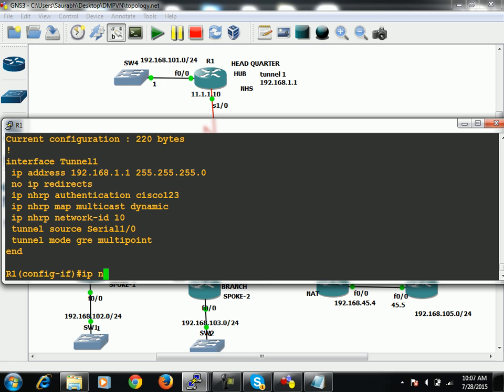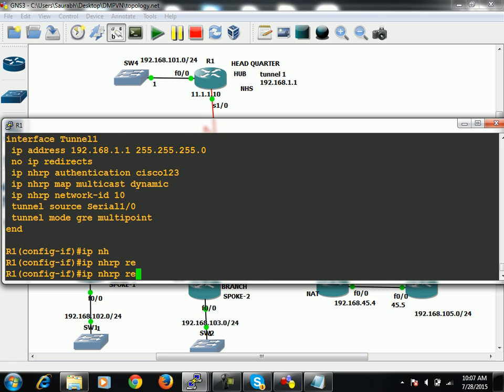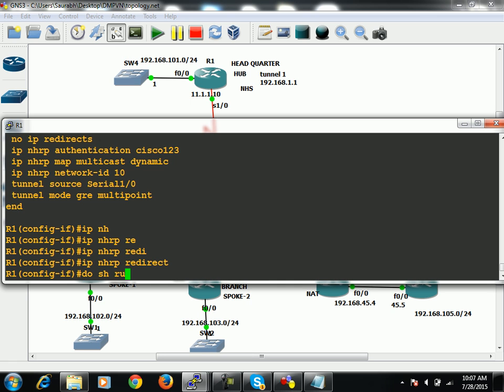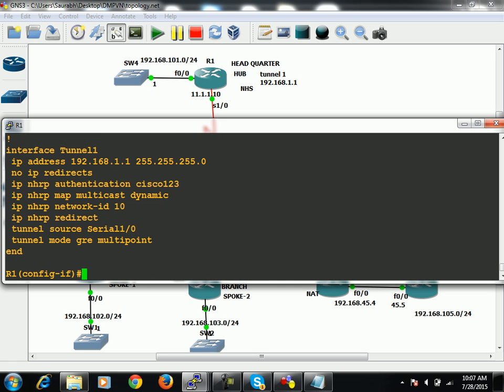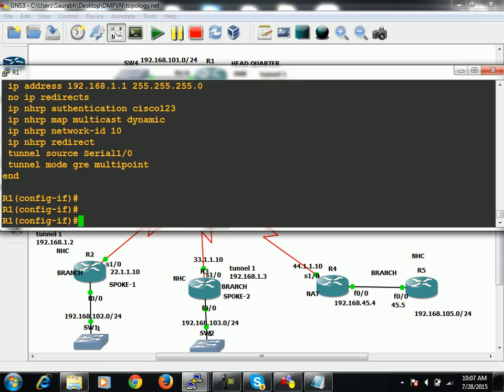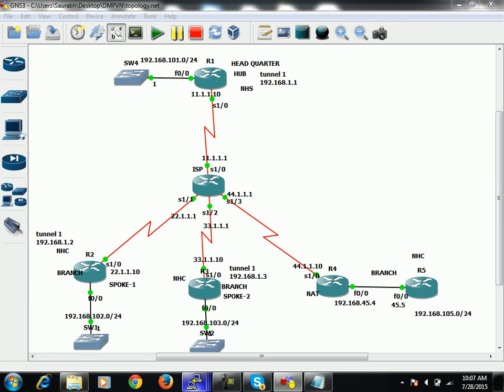I will also configure that command, IP NHRP redirect. Do show run interface tunnel 1. I will not leave any command now, right? I have configured everything over here now. After doing this configuration, let's move on to R2,